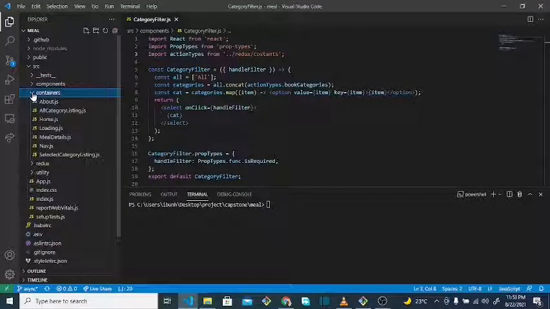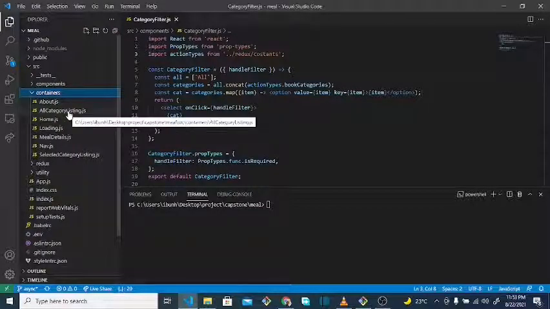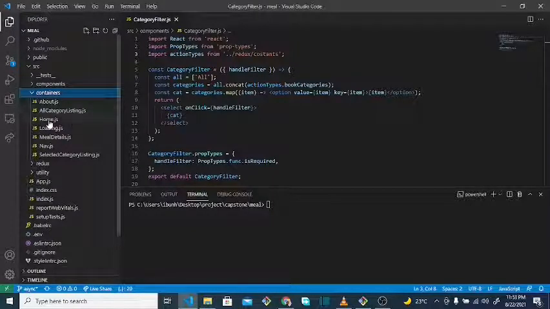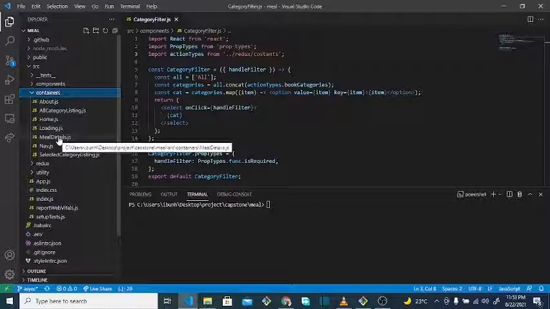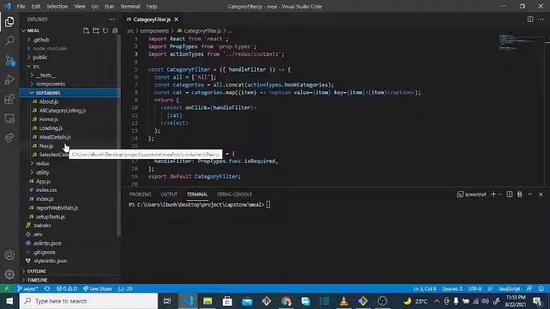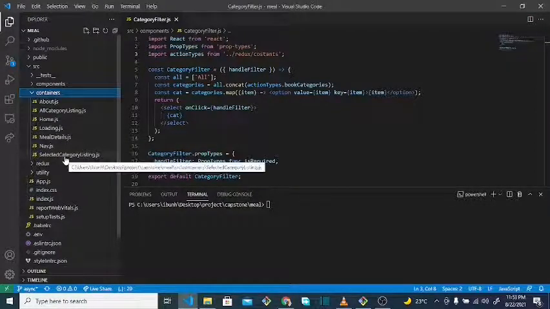And here is my container folder. It contains the about folder, all category listing, to display all category meals. And here is the home page, the loading component, the meal details. So when I want to see the details of a meal, the navigation bar, the selected category here,